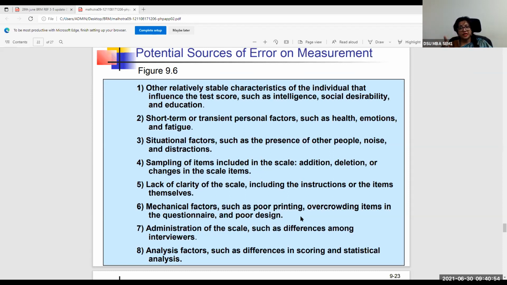Now, what is the purpose of the second translation? The researcher or the researching organization must see that the Kannada questionnaire is actually similar to the original English questionnaire. There should not be any kind of misinterpretation. What will happen if there is any misinterpretation, different kinds of meaning in the question? It is a source of error. It will lead to response error. It will lead to measurement error. So what does a researching organization need to do? And this is part of research ethics. The second translator has to be involved.